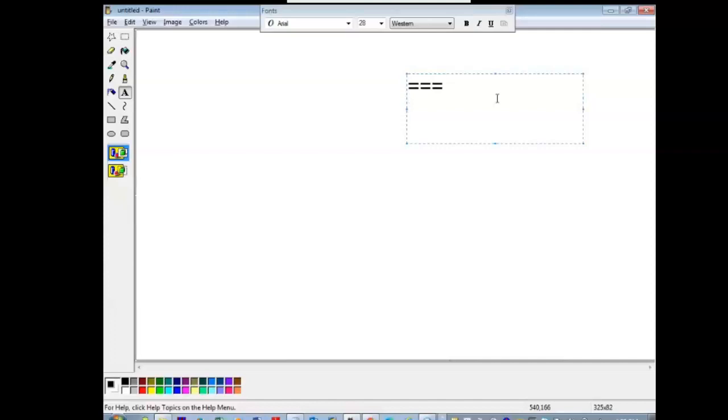Not equal to. Exclamatory. Okay, right. Not symbol. Single exclamation. This is a not symbol.